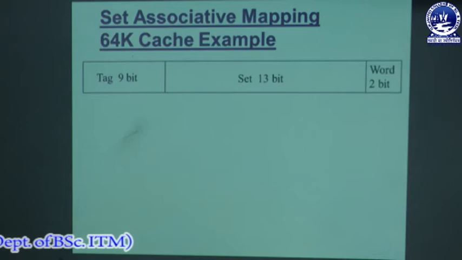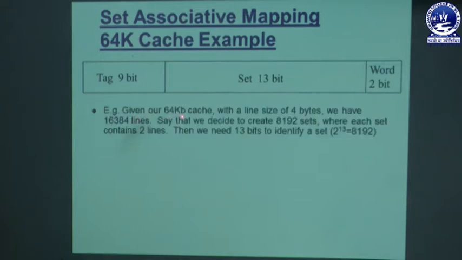Next one is an example. The same example which I implemented in associative mapping. So the cache size is 64K, that means 24 bits are required to represent the address. Here it is given that the 64 KB cache has a line size of 4 bytes, or the line contains 4 words. As I have told you in the direct mapping concept, you have to determine the block size according to the line size, because the block size of main memory equals the line size of cache memory, and here it is written as 4 bytes.